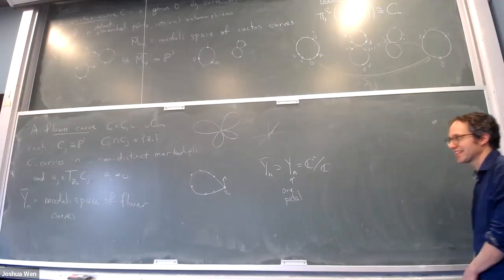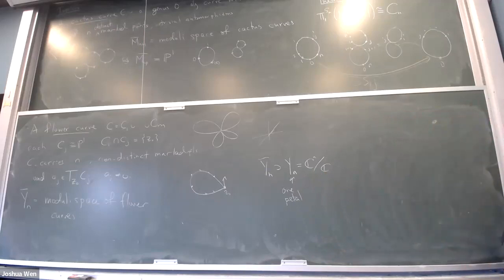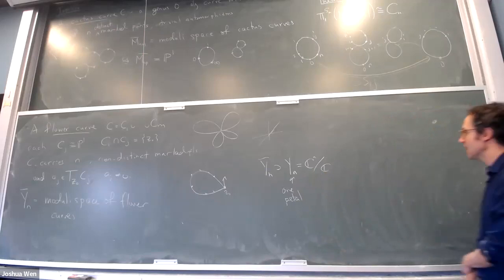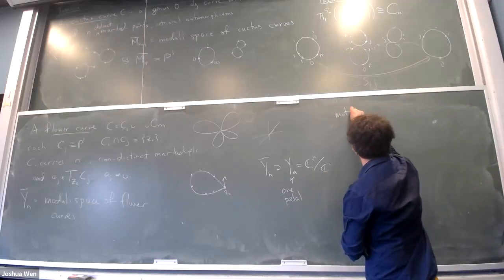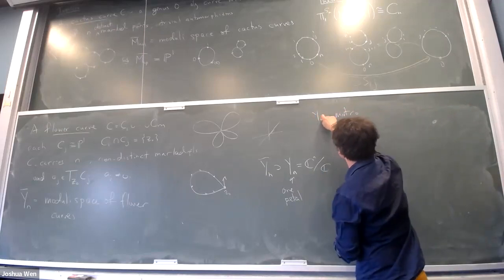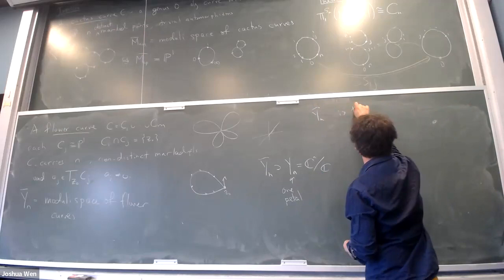There's been a lot of work on it recently, originally invented by Ardila and Boocher, and called the matroid Schubert variety. They've been studied a lot recently by June Huh, Matt Larson, Botong Wang, and many other people. So this Y_n bar is the matroid Schubert variety